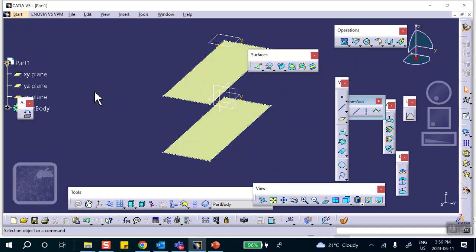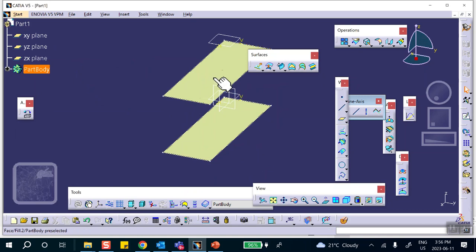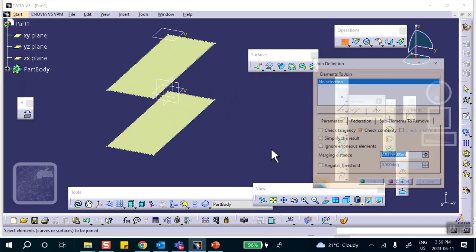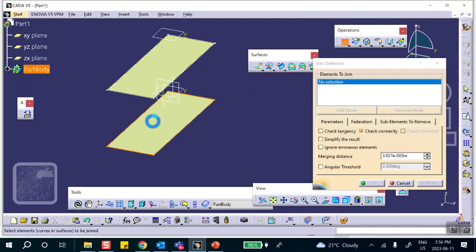Now we're going to apply material to this, although you can do it now or you can do it later. It doesn't matter. But here's the situation. I want to join these two. Okay, these are the two surfaces that I showed you that are not touching. So I'm going to try to join. When I select this and that,